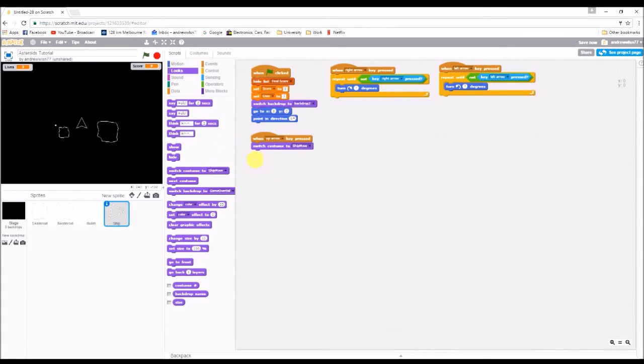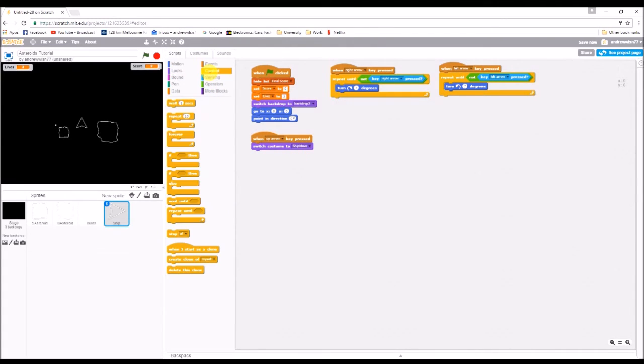Okay, so now that we've got that, we need to actually start doing some movement. So what we want to do is go into control, grab the one that says repeat until, so this one down here,